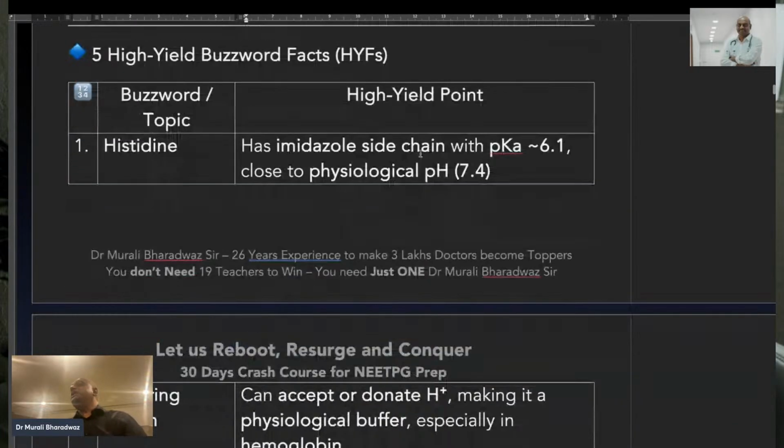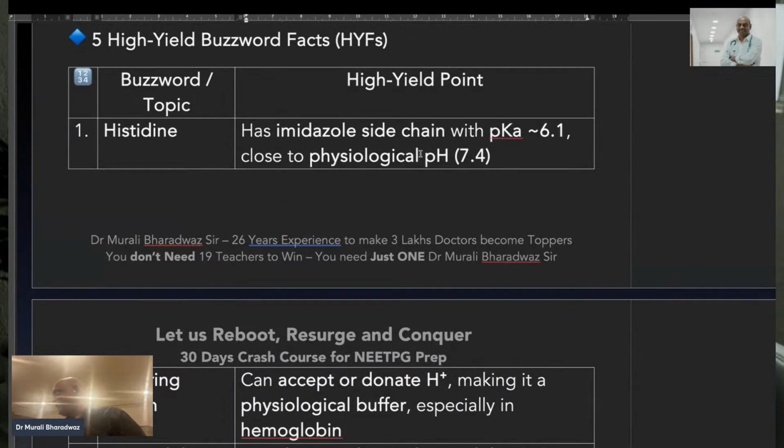Why does histidine act as a buffer? It has an imidazole side chain. Write down the imidazole side chain. Amino acids for NEET PG FMGE. What are the essential amino acids? PVT TIM HALL: proline, valine, histidine, isoleucine,